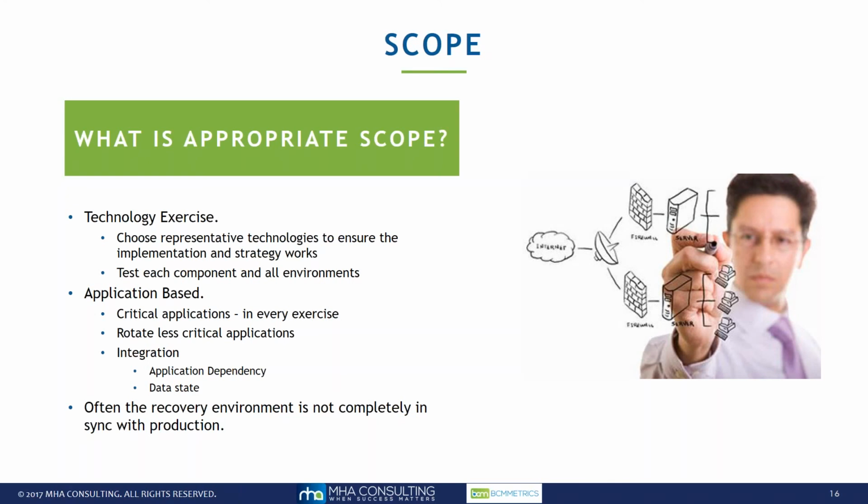Then you can rotate through the less critical applications. We think it's really important that testing should be comprehensive. Your scope needs to include that, even if it's just one or two of the lower, less critical or lower RTO applications. Those should be included in your scope so that at least you can rotate through. Now, that goes back to the technology perspective. You may turn around and say, we're going to do these three because they have the same type of technology and they're less critical. Maybe they're an actual backup and restore as opposed to a replicated environment. That makes a lot of sense, but you want to include that.